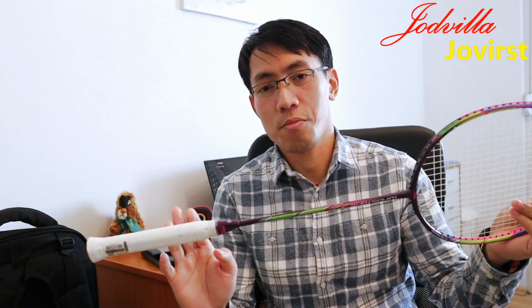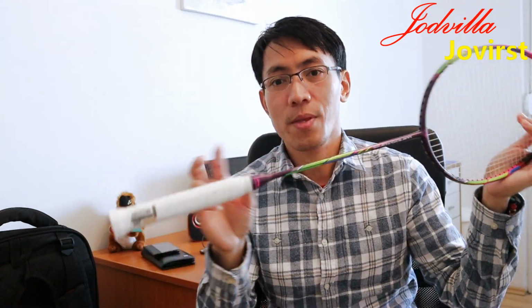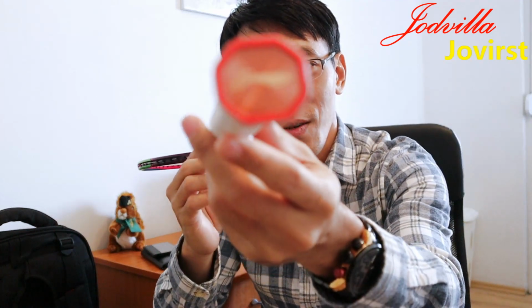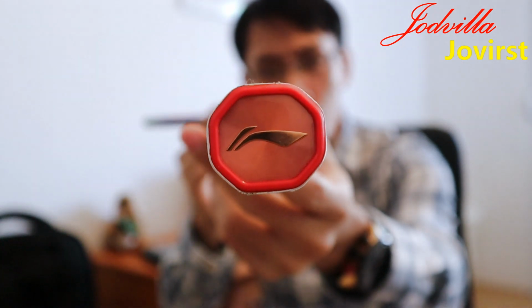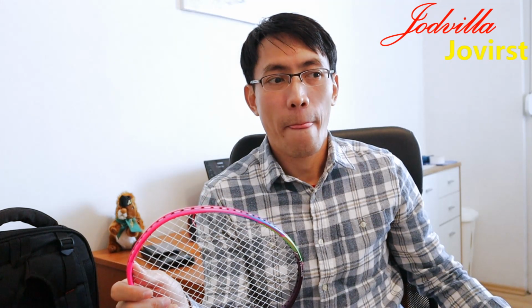I'm going to start from the bottom of this racket, which is the grip, and I'm gonna show you this one, but I don't know whether you can see it or not. This logo in the color of orange to pink is a sign that the racket is the high quality version of the Ning racket, and the price is also above